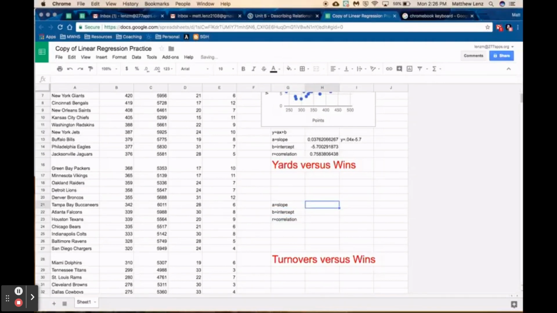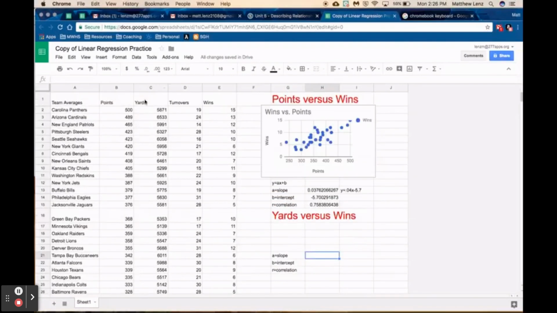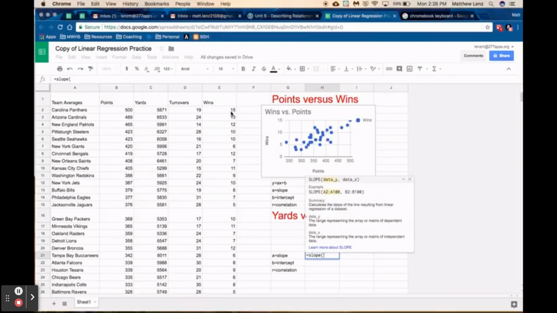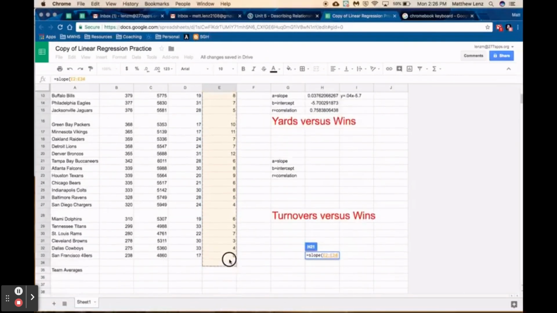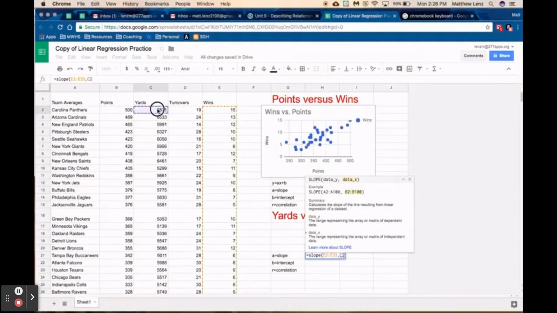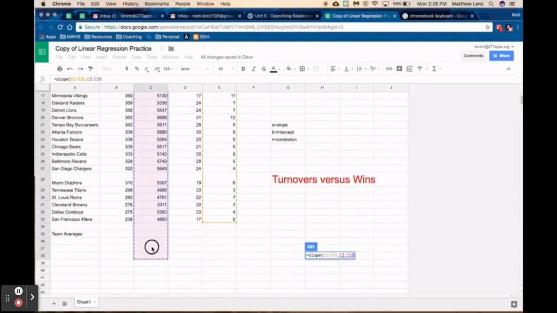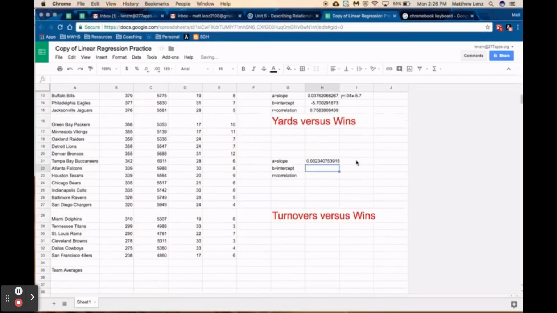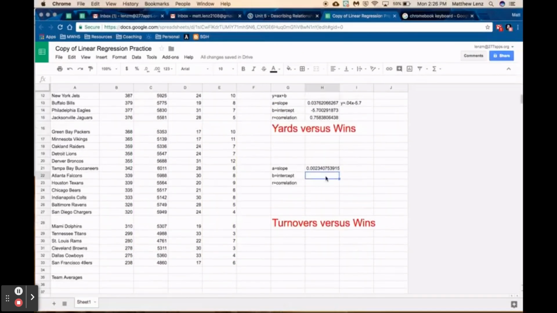Okay, so this time I'm comparing yards versus wins. Now again, my x value is no longer points; it's going to be yards. So to find my slope, I hit equal sign slope. I am comparing it to wins again, so I'm going to highlight the wins column first, and then comma, highlight the yards column second. Okay, get a number, small number,